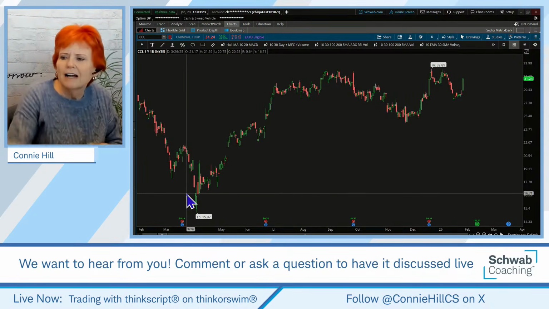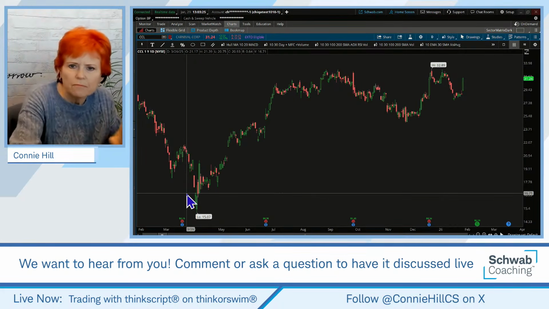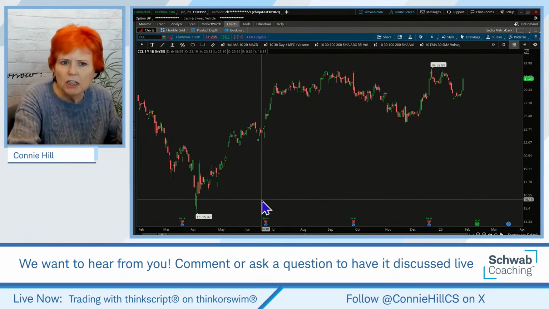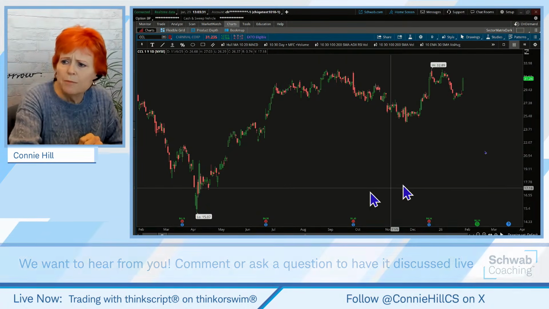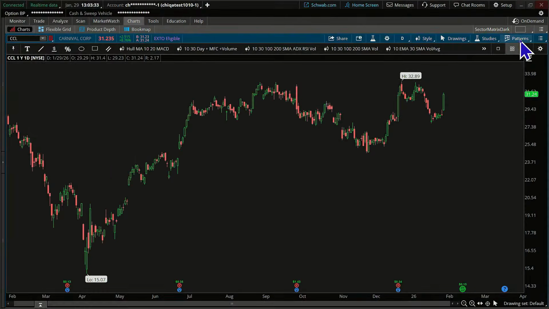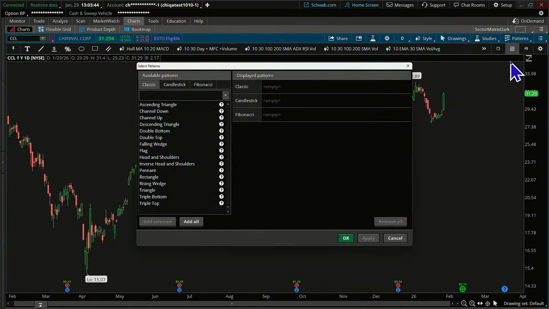So I have a pretty blank vanilla chart here, which we need. Now I'm going to come up here to the upper right-hand corner where it says patterns. You're going to want to make sure you have it show patterns here, and then we're going to select on patterns.